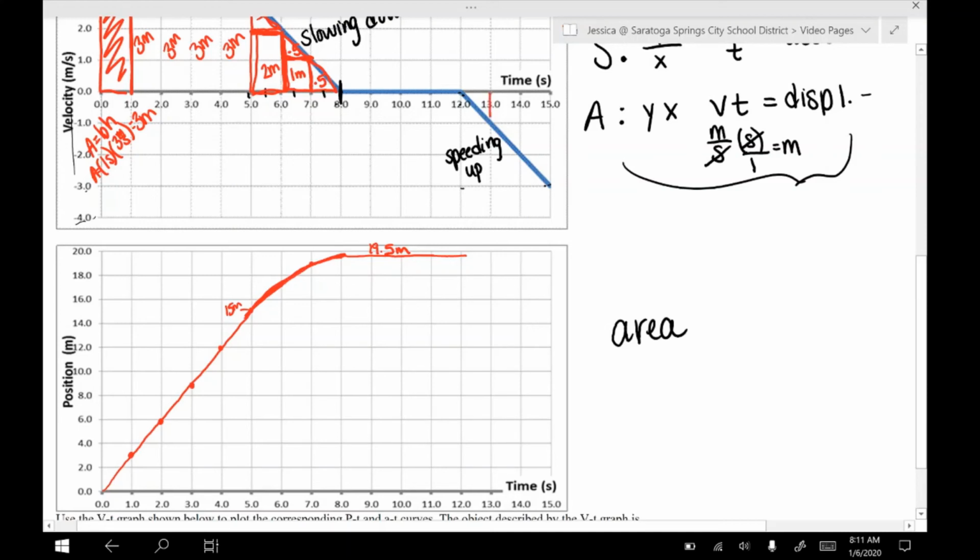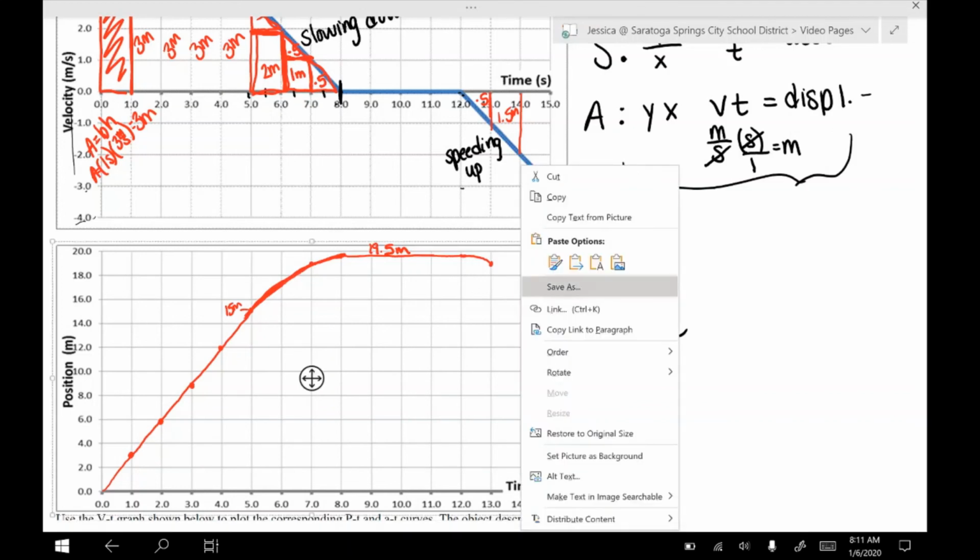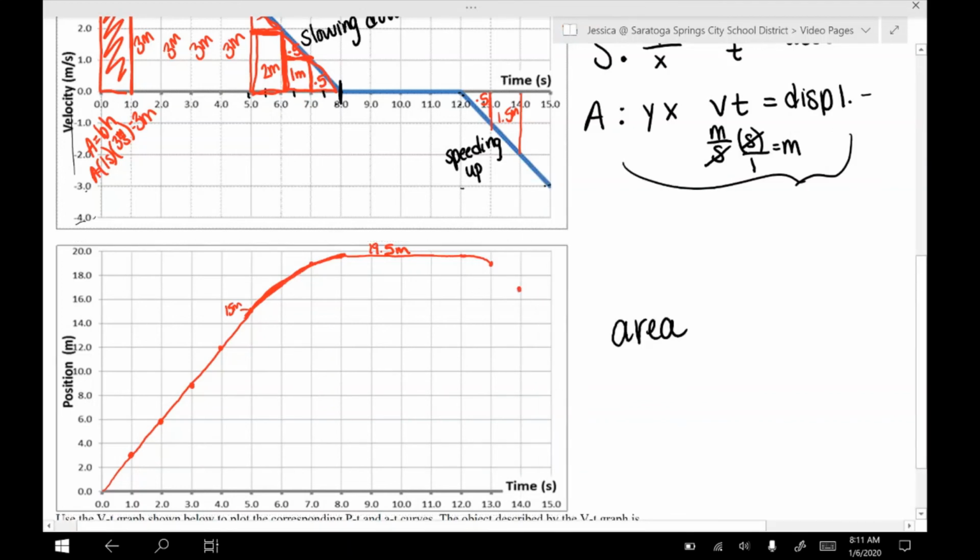So from 12 to 13 seconds, I gain 1/2 meter, but this time backwards. So instead of being at 19.5, I'm going to be at 19. Okay? Then I gain 1.5 meters backwards. Okay? So instead of being at 19.5, I'm going to be at, what is that, 18? Nope, 17. Okay? Oops, 17. And then I'm going to gain another 2.5 meters backwards, which puts me at